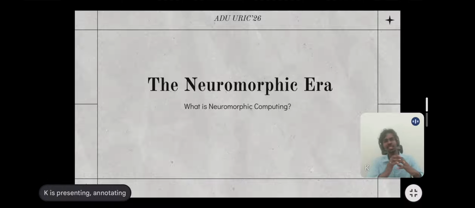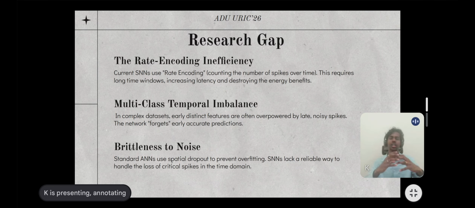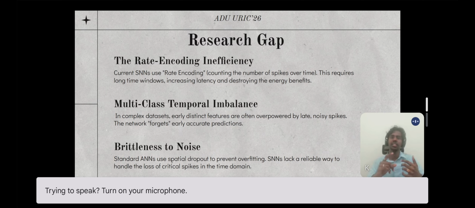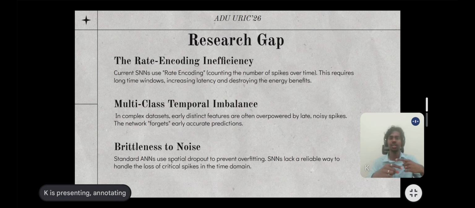In theory, it sounds really good. But does it actually compare well in practice? Obviously, on books it's different. That is why we have some bottlenecks in neuromorphic computing in general. First is the rate encoding efficiency. Spiking neural networks, as of now, use rate encoding, which counts the number of spikes over time. A major drawback this sets is the increase in latency. So this increases the need for energy,